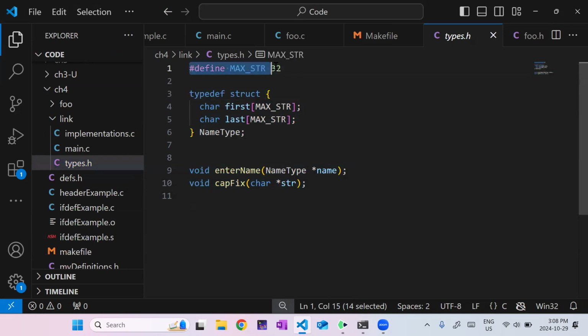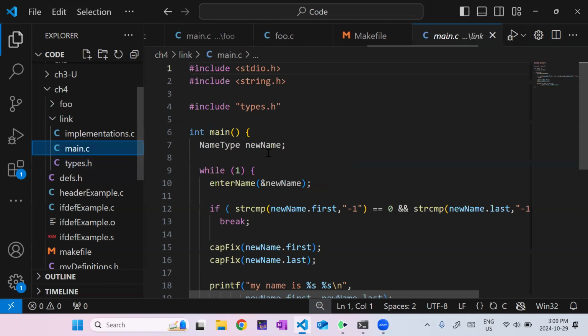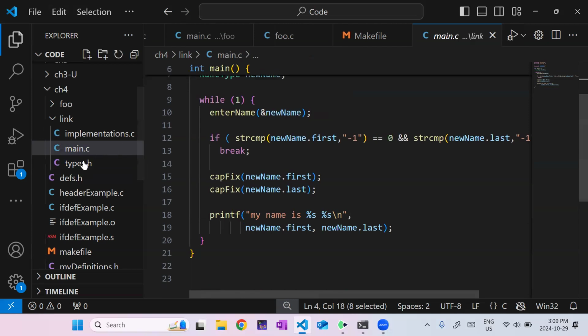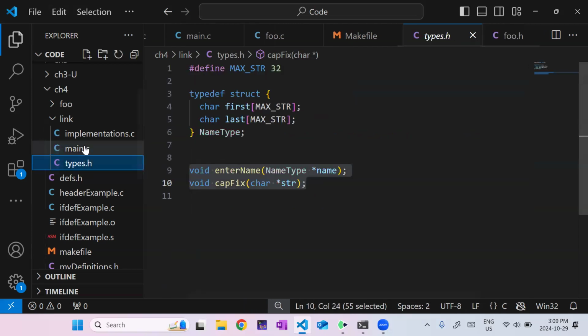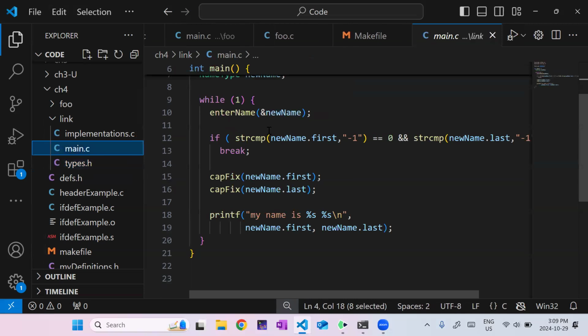I might have a bunch of constant definitions. I have some structs defined so that I can use them everywhere in my program. And then I have a bunch of functions defined, right? And so the nice thing is, now I go into main, and main includes types.h, and then I can call these functions, enter name and cap fix.